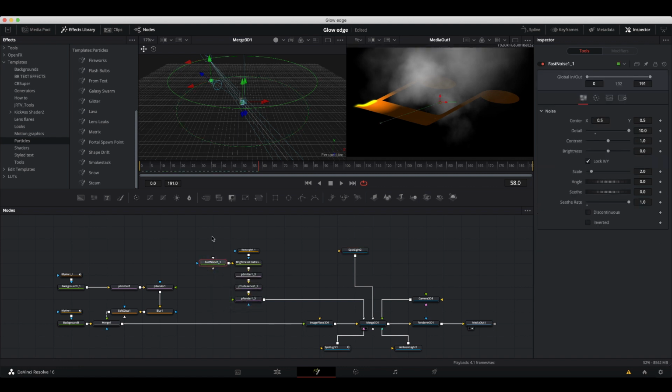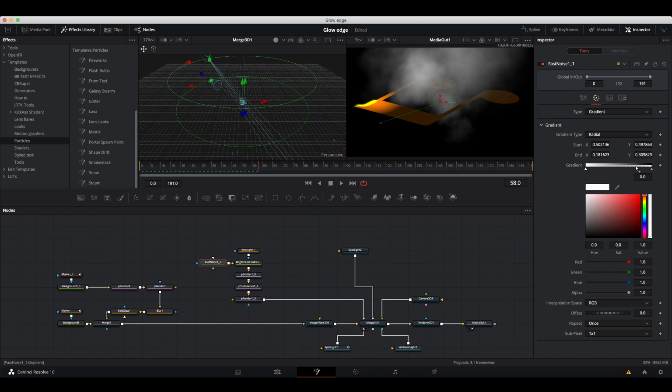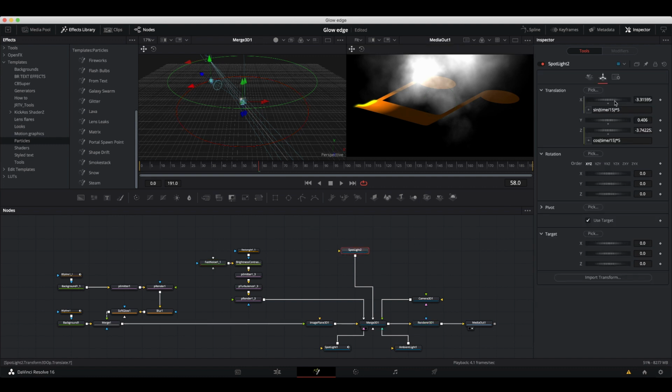At the minute the steam's too heavy, so if you come into the fast noise node, into the color tab, you see this gradient. The white end is selected by default, and we're going to drop the transparency on the white end. You need to be patient here because the renderer needs a bit of time to work as you're adjusting. So we're going to drop the transparency a long way so that we can see through the steam. As you can see, this has the effect of blowing out the light,